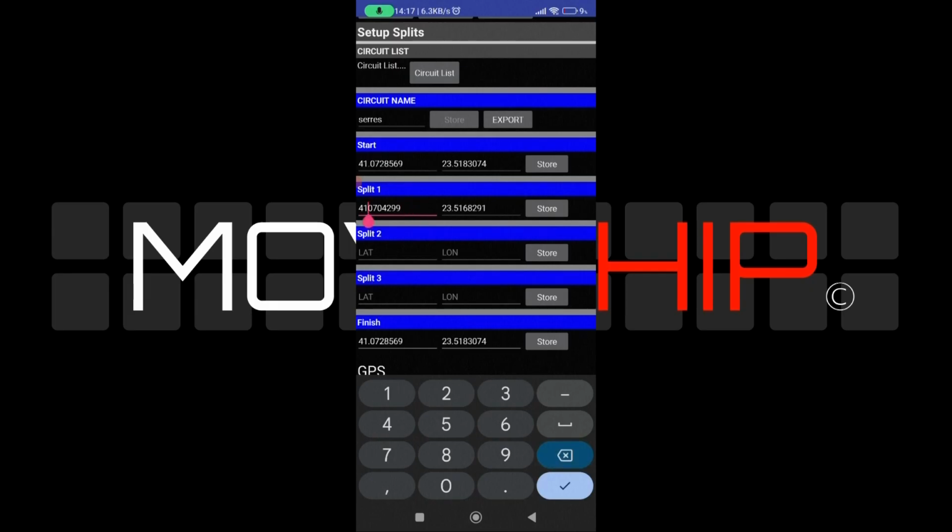And then we don't have a dot after 41, so we need to put that in, and we click store. Going back to Google Maps,